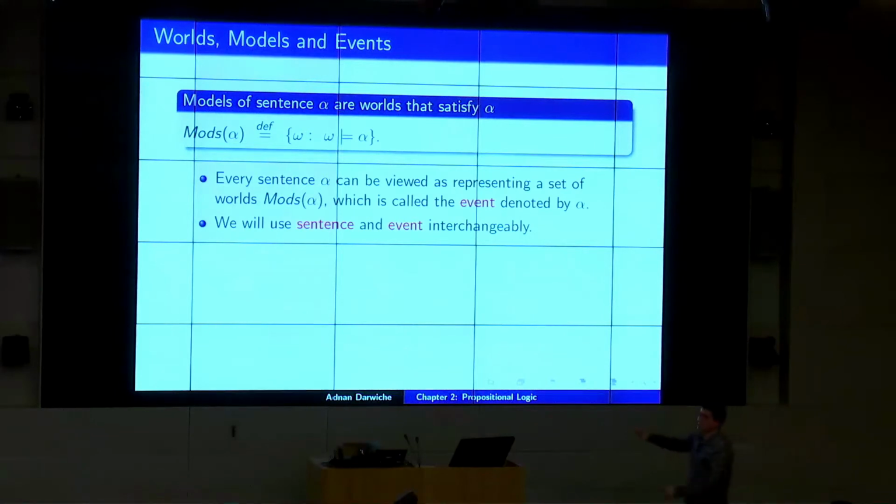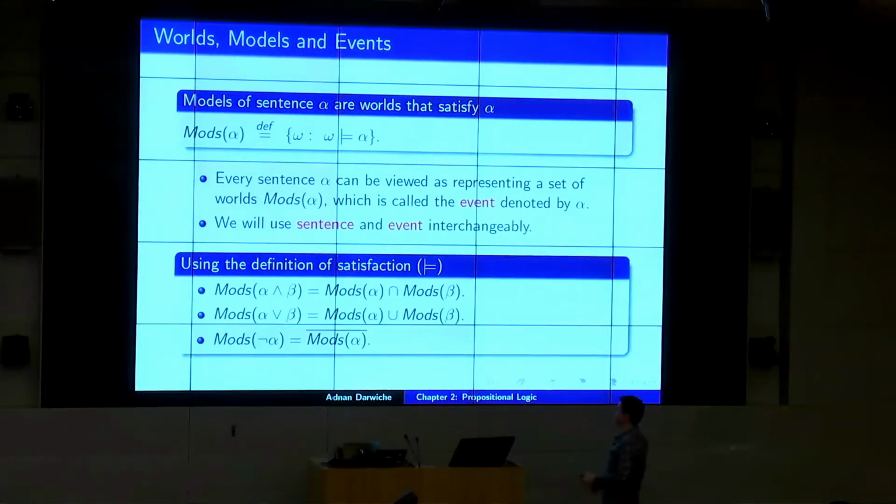In fact, that set, if you usually study probability in a different context, they usually talk about events being a set. They're talking about that set. And we will not distinguish between a sentence and an event, even though they're different creatures, but they refer to each other. Okay, now,